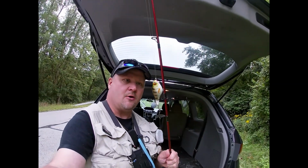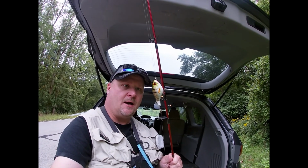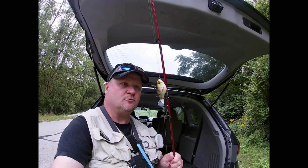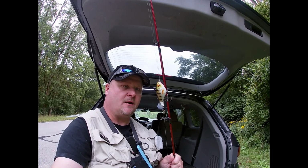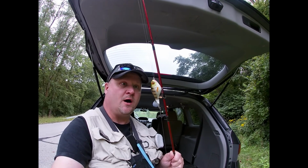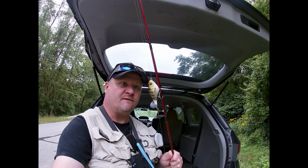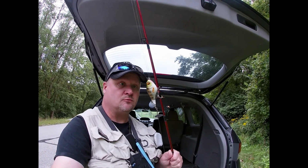And the other lure that I'll be using, right here on my rod already rigged up, will be my Whopper Plopper. I love particularly the perch color. It seems to work really well for the smallmouth that I'm seeking. And surprisingly, a lot of panfish will hit this as well. Even as large as it is, the panfish seem to particularly prefer it, and the rock bass really seem to